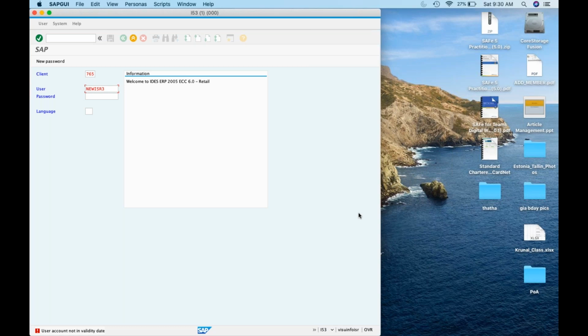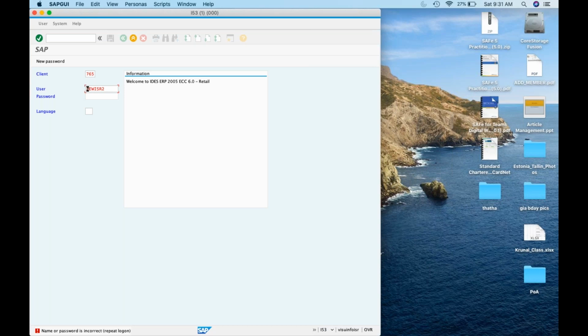Hello. Sir, do you have that old server credentials? I don't know which one you are talking about, old or new. I mean, in the past you were using one user, right? New ISR2. That also did not work.